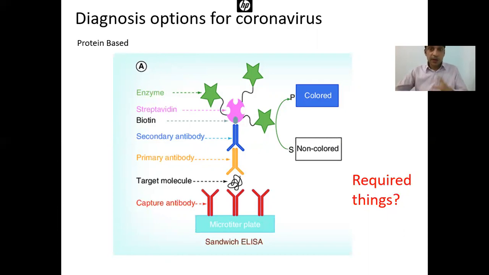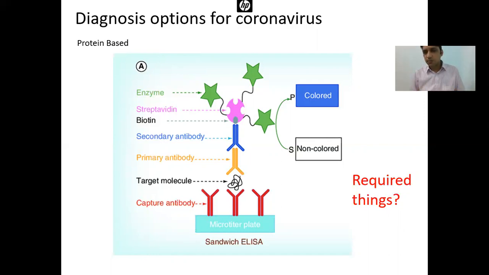There are different types of ELISA options out there, but they depend on the knowledge that we know a specific protein which is specifically produced in the novel coronavirus. If we don't know that information, we cannot design that kit at all. So the companies in the world right now which are trying to create a diagnostic kit are investigating a specific protein. They are trying to find a specific protein combination in the coronavirus, which they can use as a lead, and then they can create antibodies against it, and then they design the ELISA.